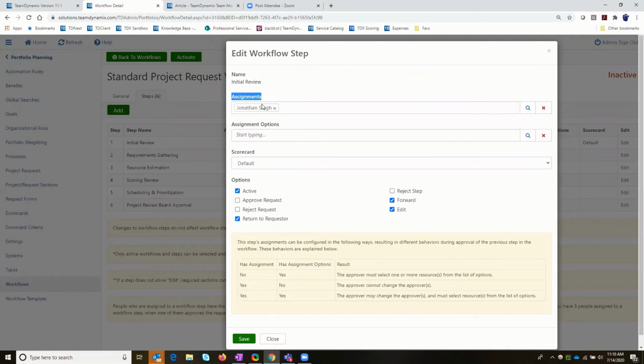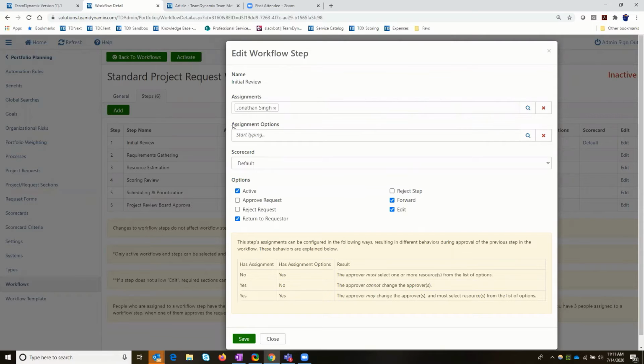To note, this person that does this, or the people or the group, they all need to have an enterprise license, because you are doing this activity in the portfolio planning application inside TD Next, and that application does require an enterprise license. So typically these are people that are in the tool on a regular basis, typically part of the PMO, and they all need an enterprise license,